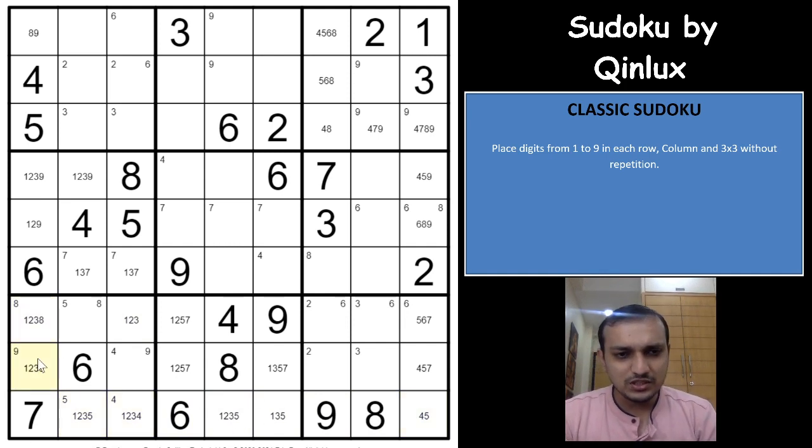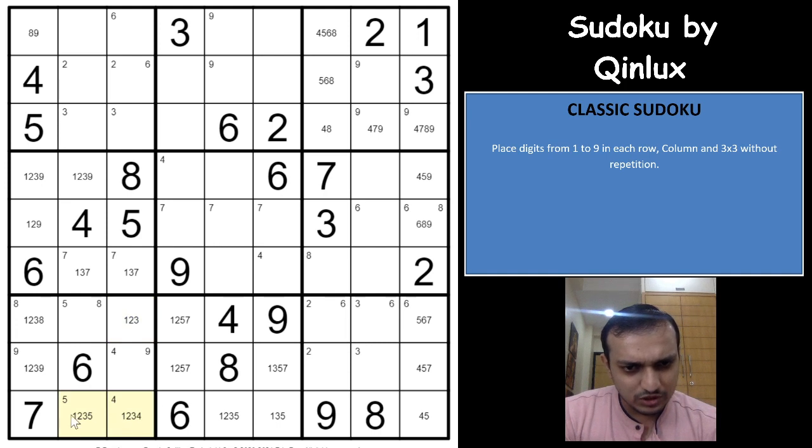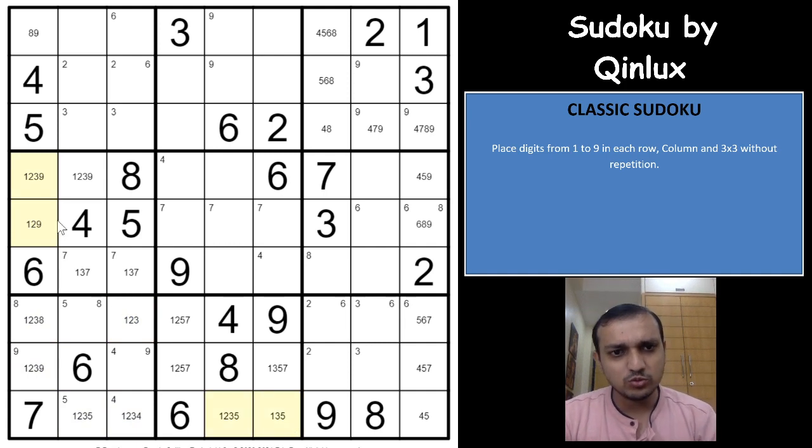Wow. So which means that one of the 1 2 3 is here, second 1 2 3 would have to be in one of these 2 cells, third 1 2 3 would have to be in one of these 2 cells, and which means that these cells will have to be 1 2 3 candidates only. That is awesome. Wait, I'll have to look at it again. You cannot have 1 2 3 here, 1 2 3 here. For this column, 1 2 3 would have to be in one of these 4 cells. For this row, 1 2 3 would have to be in one of these 4 cells.